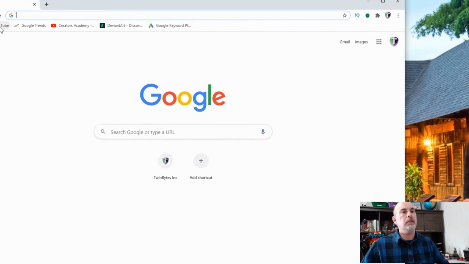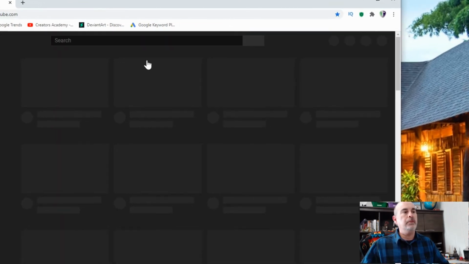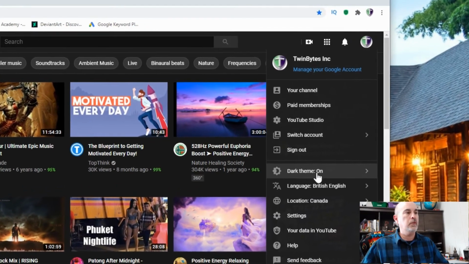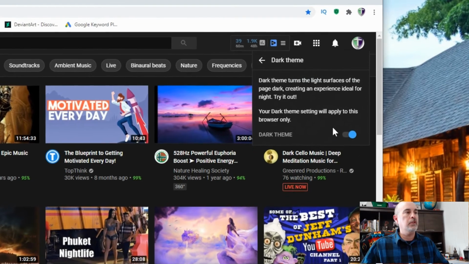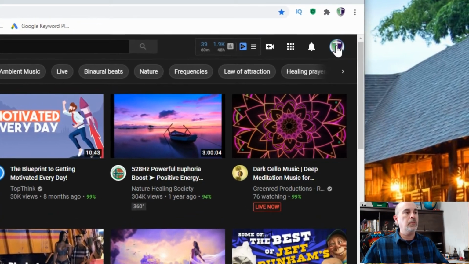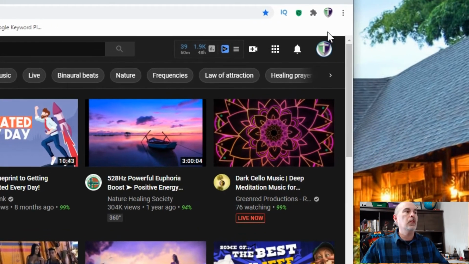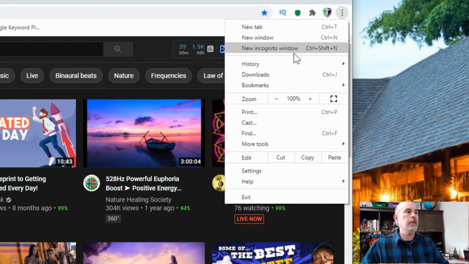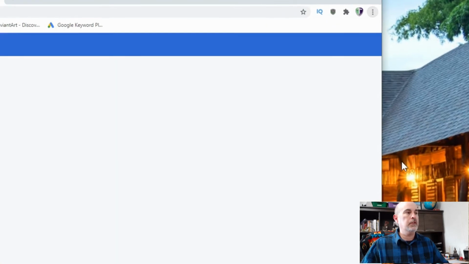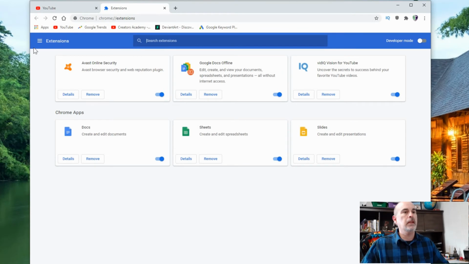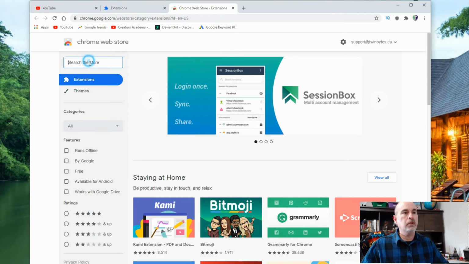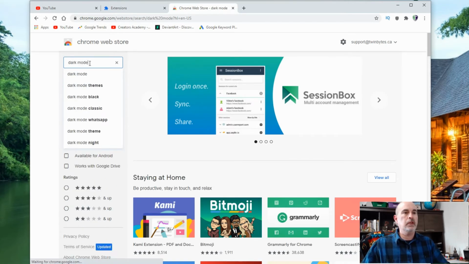If you go on YouTube, YouTube has a feature built right into it for a dark theme, and you can turn that theme on or off anytime, but that only applies to YouTube. We want to go in and find, in the extensions, under extensions again here, open the Chrome Web Store. We want to search for a dark mode,